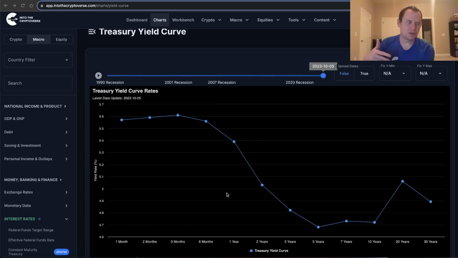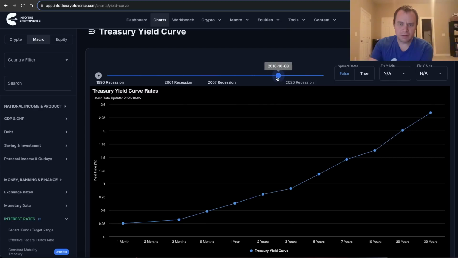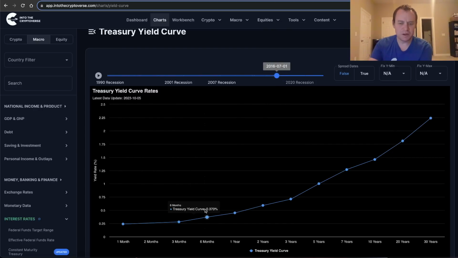It's like, let's imagine you're in the cryptoverse and you're locking something up for a certain amount of time, right? The longer you lock it up for, the higher yield you would ultimately expect to get, because you're essentially tying your cash up for longer. Therefore, the idea is you want a higher rate to attract you to locking your money up for a longer period of time. And normally, this is what you would expect, right? This is what the yield curve normally looks like.